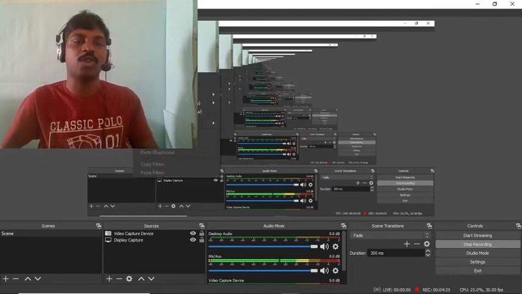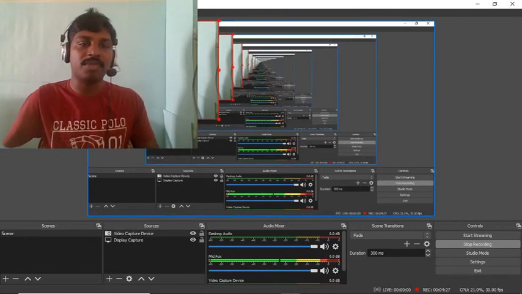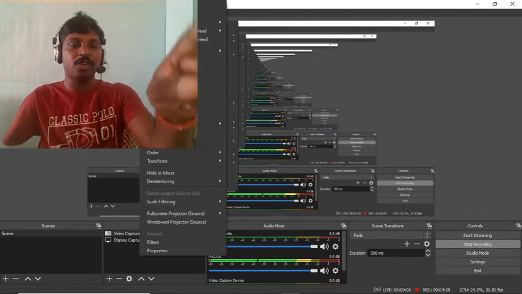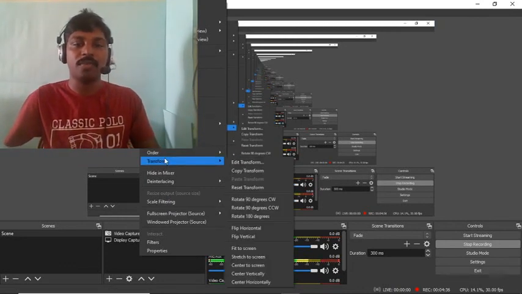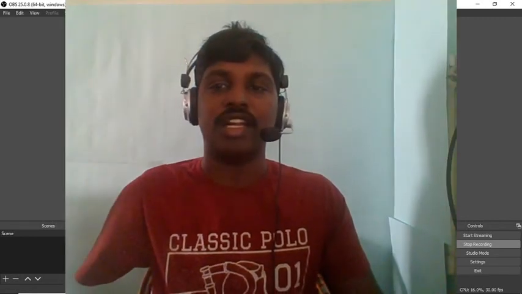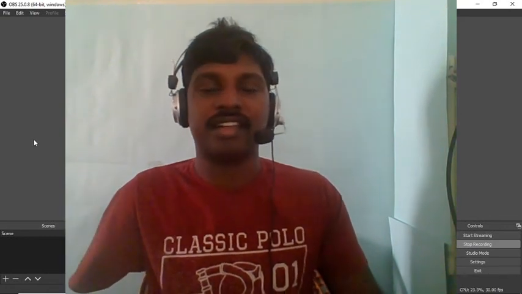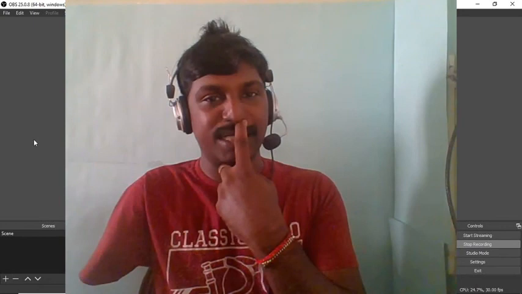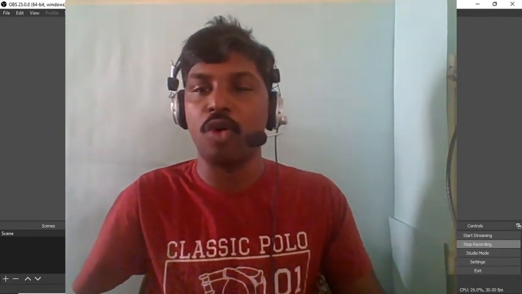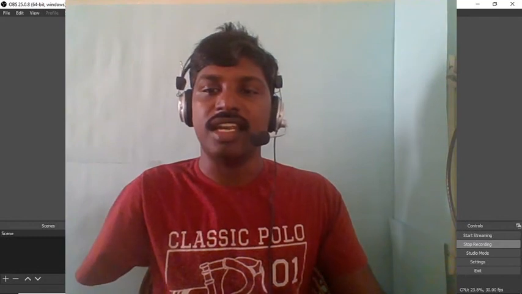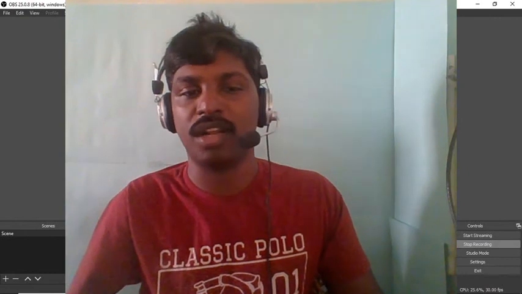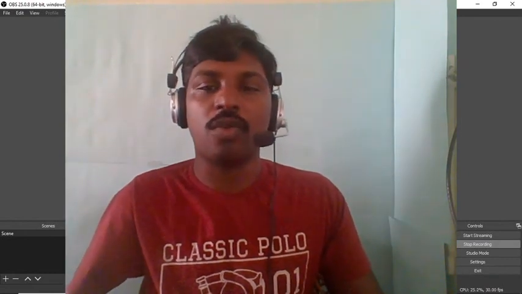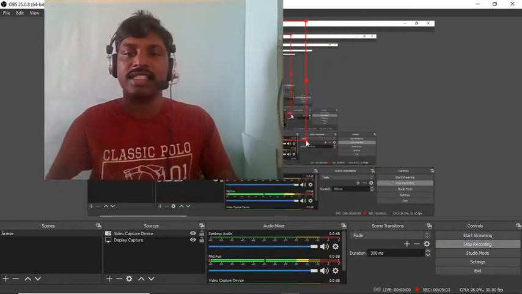So I'm going to show you how this thing works. I'm selecting it and then I right click. Only then, look at that, these kind of options will be showing. In that you go to Transform, and in Transform you go to this option called Fit to Screen, right? Now automatically it is highlighted over the display capture, and the webcam output has been made in such a way that it goes all over the screen. It is fit to the screen. That's what I'm trying to do here. If you don't want that to happen, you could select it and then resize it.